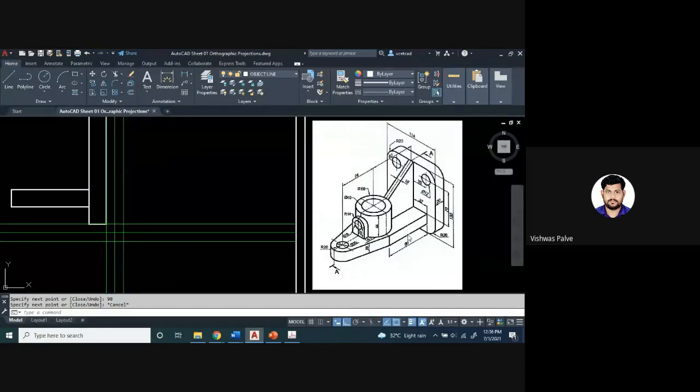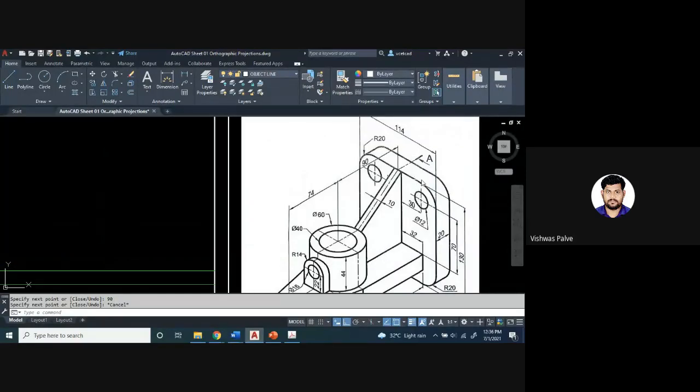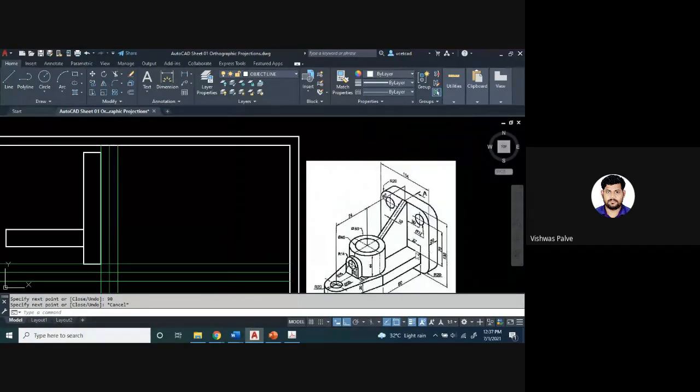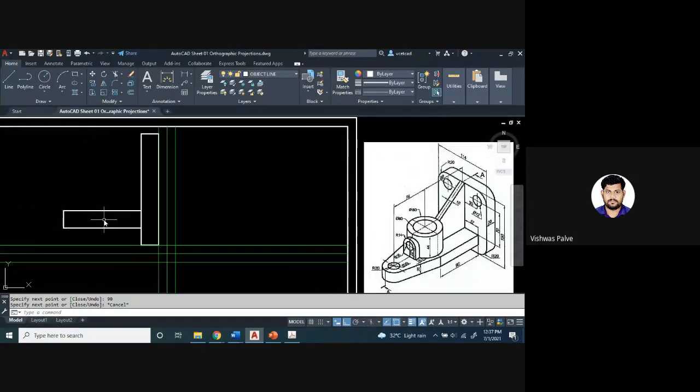Any difficulty in drawing this portion? See what I have done. From the top surface to the center of the circle is the radius of 20, so that distance is 20. Then in the question itself it is given 70 millimeters from the center of the circle. So the total distance from the top surface to the horizontal line is 90 millimeters. I have taken that 90 millimeter and drawn this distance. Then at a distance of 90 millimeter, we have to draw a center line.